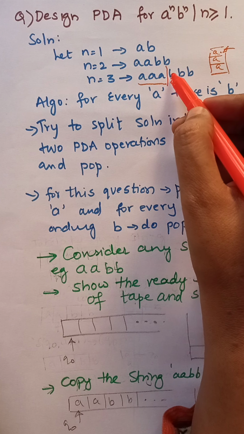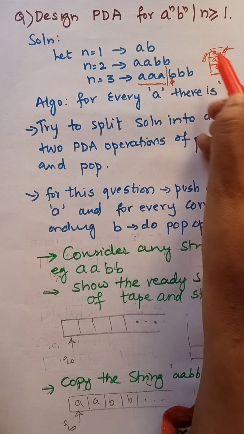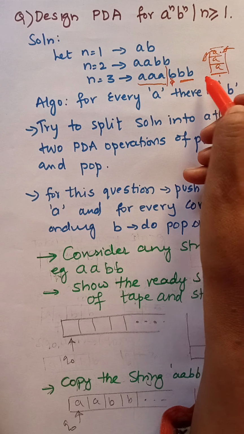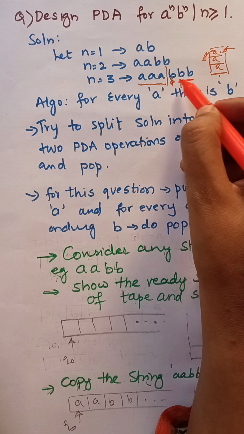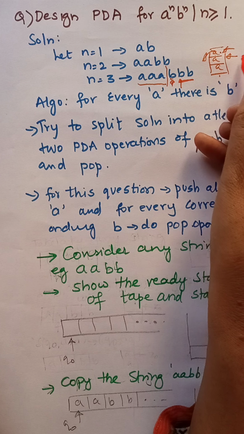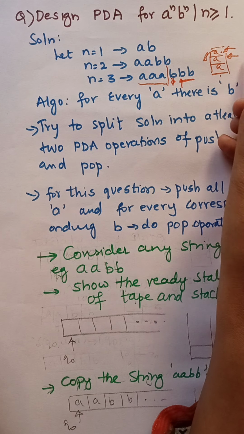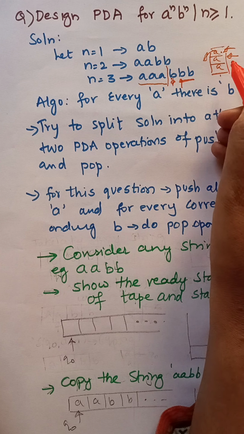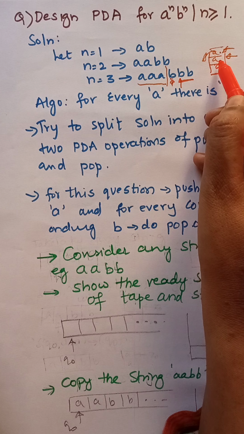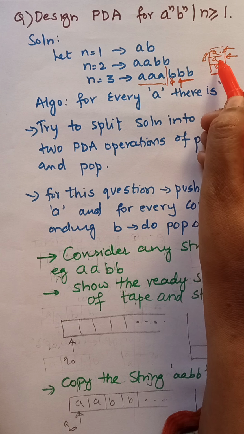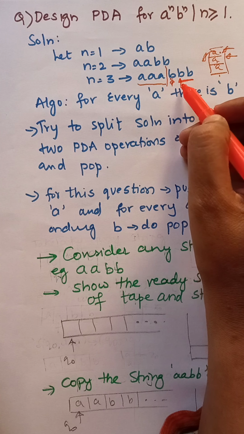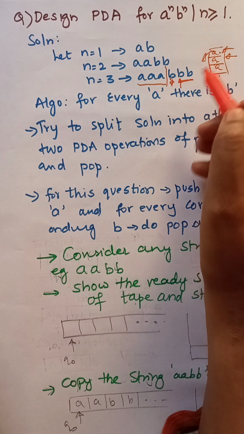So for this B, we are going to pop out this A. So how many A's will be remaining? 2. How many B's will be remaining? 2. Move ahead, and for this B, after the operation, the stack pointer will be decremented by 1 and will point to the next A. For this A and for this B, this is a corresponding A, or we can say in reverse manner that for this A, whatever B we are reading now will be a perfect match. So for this A, this is a perfect match.